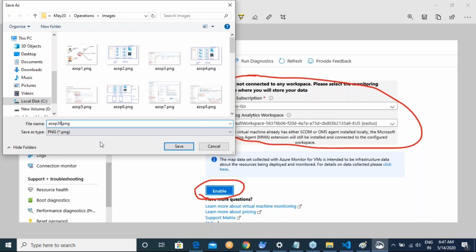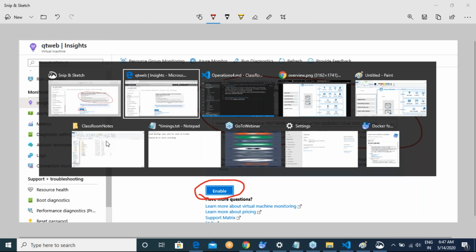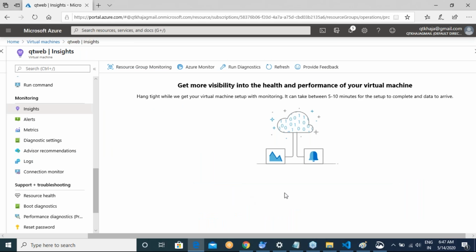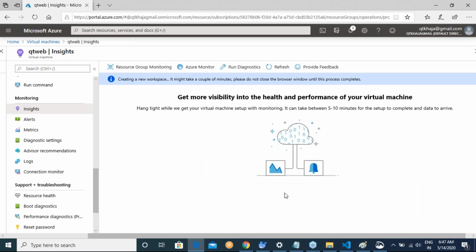I'm absolutely fine with that. So I go ahead and say enable. This process takes time. These topics are not difficult, but they are very time-taking activities.